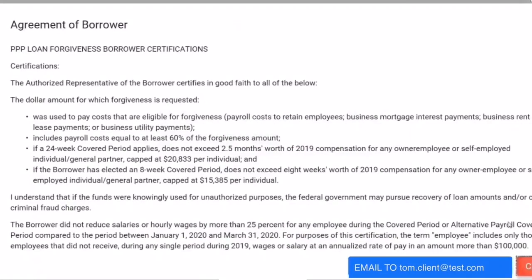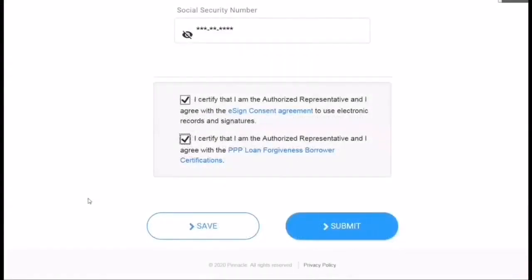Now at this point, I have 2 options. If I agree with all the information, I can submit my application and move on. If I do not feel the forgiveness amount is correct, or maybe I still have some documentations to obtain, I can save the application and come back later and complete it. If I submit my application